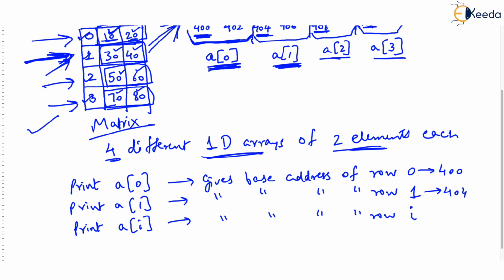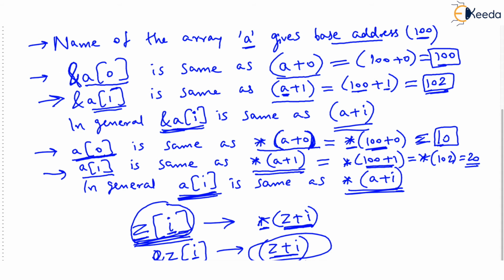Now, I want all of you to remember what I said about one-dimensional array. The last point I made in the beginning of this lecture is that whenever you write any name followed by square brackets, and inside that you write some subscript, then this is simply replaced by the compiler with asterisk followed by (name plus i). Why asterisk? Because we haven't asked for address. Anything written like this is simply replaced like this.